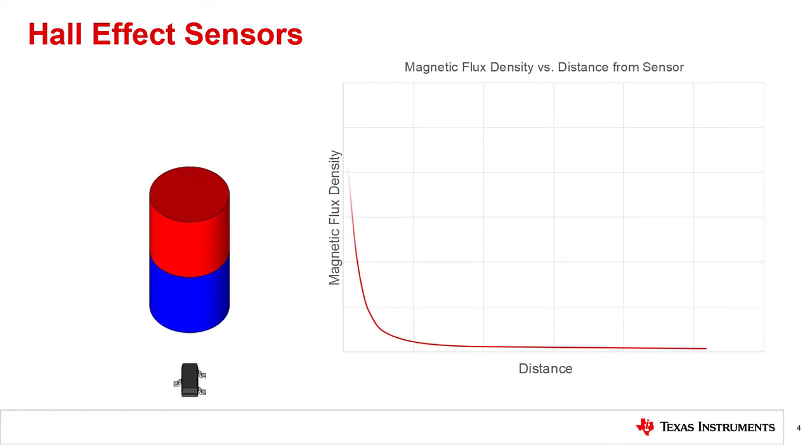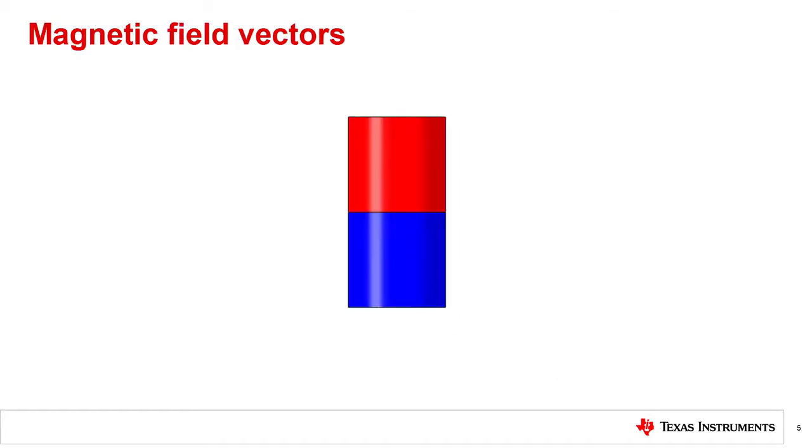In this simple head-on configuration, we see the magnetic flux density produced by the magnet decays with respect to the square of the distance from the magnet. This might be used to define the end of travel based on a predetermined output threshold. While there are many arrangements of magnet and sensor that are achievable, we should acknowledge that the nature of the magnetic field is not one-directional, and it can sometimes be difficult to achieve perfect alignment in every system.